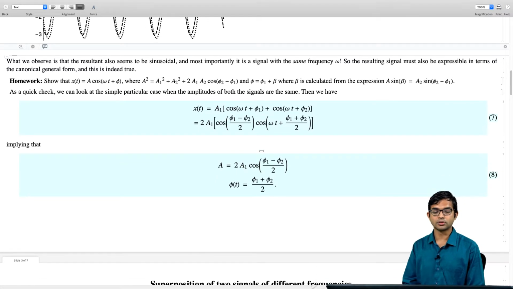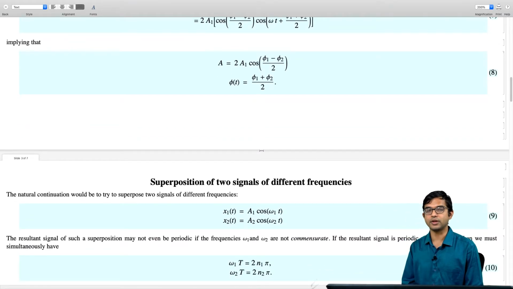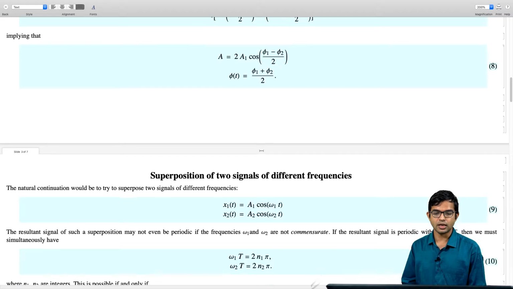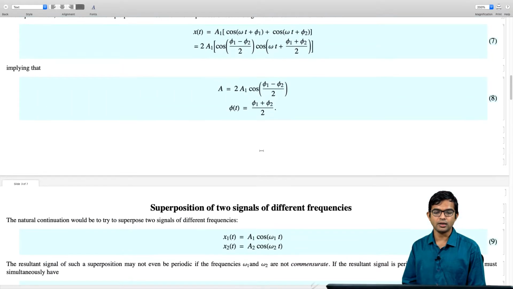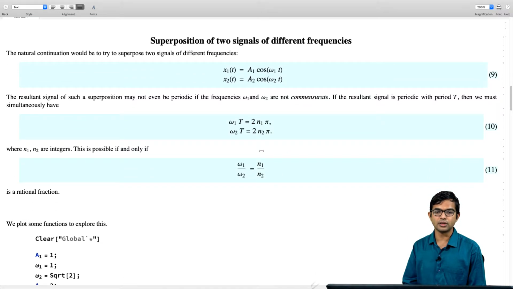So let's move on to the idea of superposing two signals but of different frequency, right? All this was straightforward. Now what happens? Suppose you add two frequencies which are not the same. You can again ask, will the resulting signal also be of the same kind? Now there is no common frequency. Is it going to be periodic at all, right? And it turns out that the answer depends on the relationship between omega 1 and omega 2. If omega 1 and omega 2 are commensurate, that's the key word here,